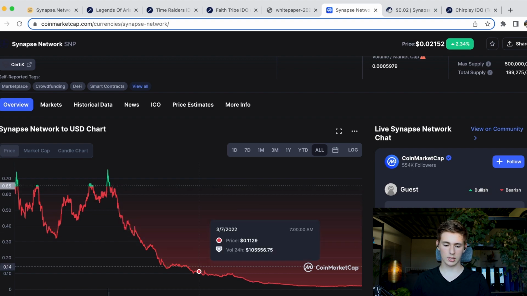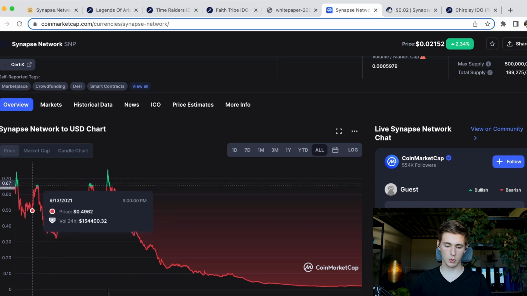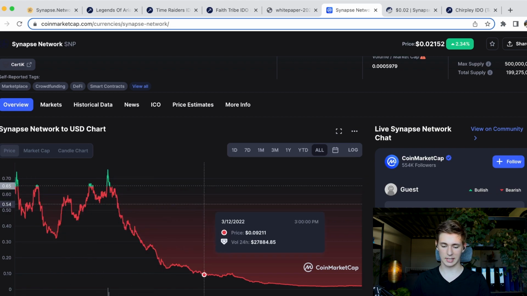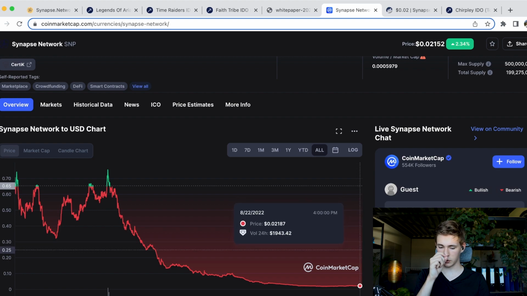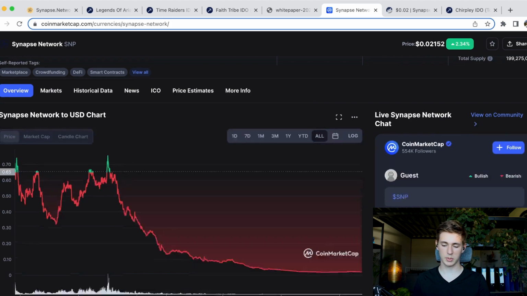Now, clearly, you can tell that this is launching in the bull run, doing quite okay, and then the bear market hits and the project goes downwards. Now, this is not an uncommon graph. We see this a lot. It's not necessarily bad. We do have to understand that it's at 2 cents and the all-time high was 70. So it is down by more than 95%.